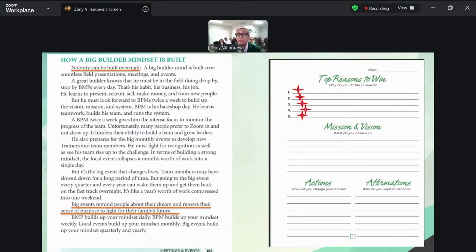I know that we're helping people, but you know what? When somebody puts in their top 10 reasons to win, I want to help people, it really doesn't impact me. It's not too strong for me, because when a person writes as a top 10 reason, I want to pay my debt, my $10,000 debt, my $150,000 debt, I want to pay that off, it's way heavier compared to helping other people. Because helping other people, you don't have to do this business. You can help people in so many ways. So, self,